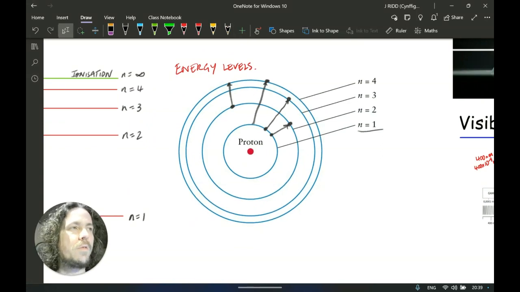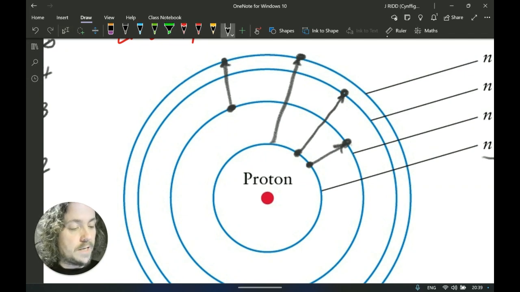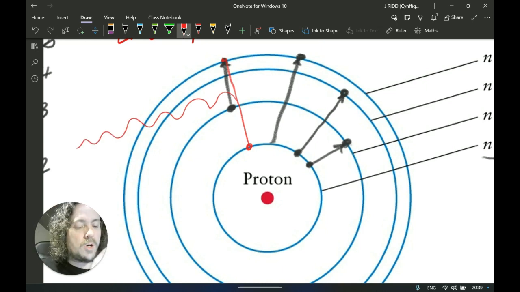Okay, Mr. Reed, what's this going to do with photons and spectra? Well, here's the thing. Just in the same way that if an electron gains energy, goes to a higher energy state, at some point it's got to come back down. And when it comes back down, like in the case of this guy, it can go from the top here down one energy level, or it could go all the way down to the ground state. When it does that, it loses energy in the form of, you guessed it, a photon. And that photon energy corresponds to that transition, that change in energy levels.